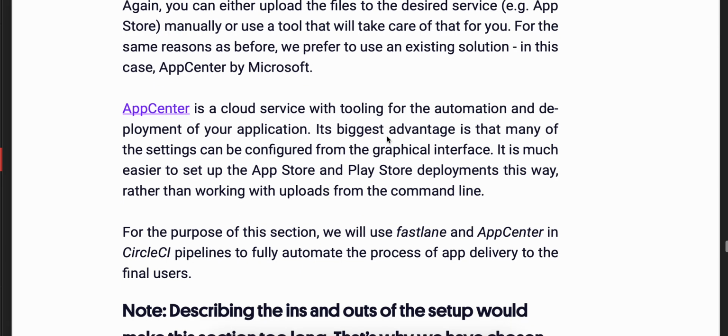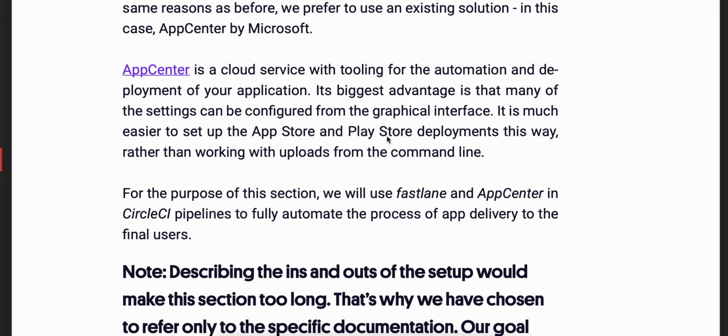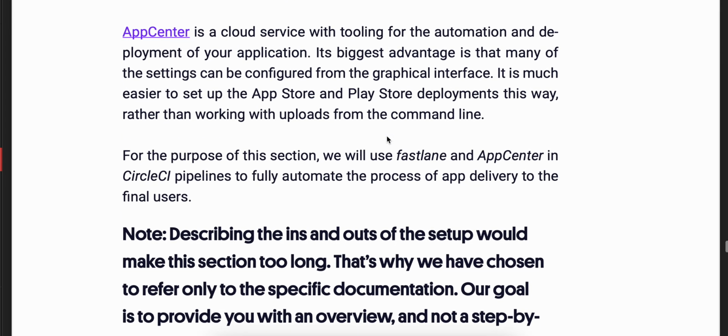For the same reason as before, we prefer to use an existing solution, in this case App Center by Microsoft. App Center is a cloud service with tooling for the automation and deployment of your application. Its biggest advantage is that many of the settings can be configured from the graphical interface. It's much easier to set up the App Store and Play Store deployments this way rather than working with uploads